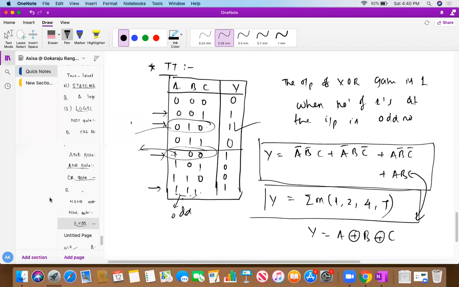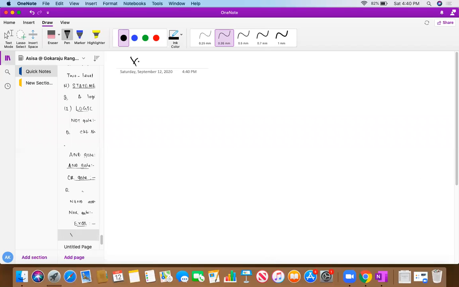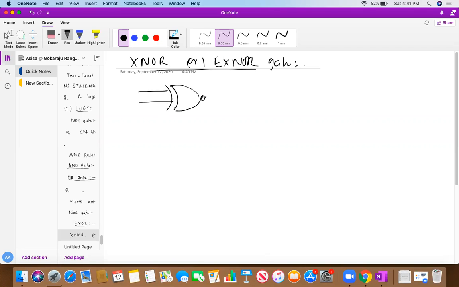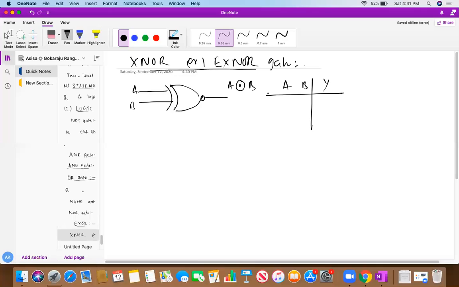Then we'll move to the next part, another gate, which is actually the XNOR gate. Some of the books will also write it like this. Both actually represent the same way. So the XNOR gate is A XNOR B. This is the way, A, B, there is a bubble. This is the symbol of A XNOR B. The truth table is the representation of input and output, the relationship between input and output. So this is 0 0, 0 1, 1 0 and 1 1.